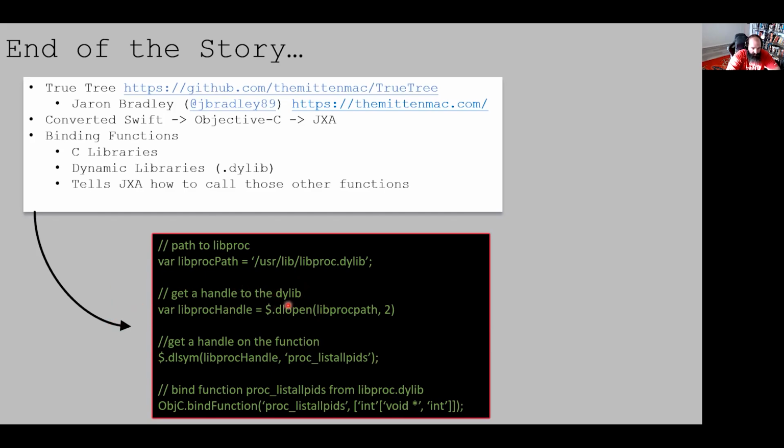system. I need to get a handle, like I said, on the dylib itself. So here I create a variable, a libproc handle, and I use this dlopen function and give it the parameter of this libproc path, and that's how I open that dynamic library. This dlopen, actually, I don't show it in this code, but I had to actually bind that function as well. So after it's bound, you see I can just use the $ object again to walk across the Objective-C bridge to access